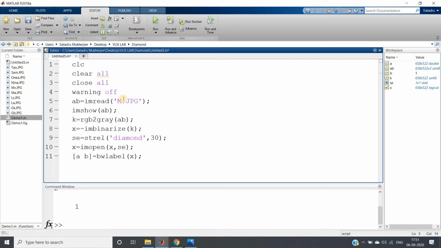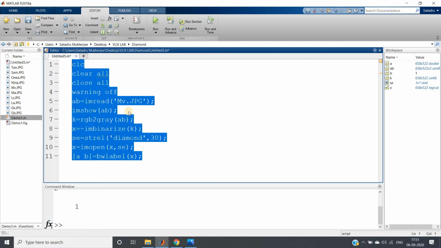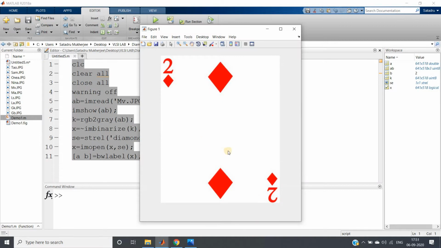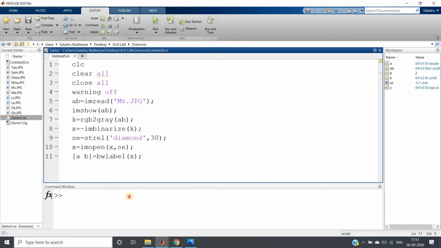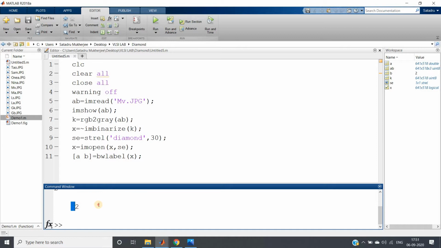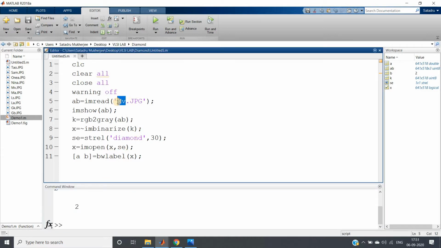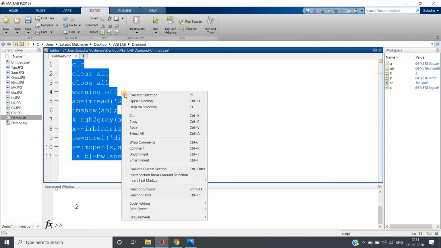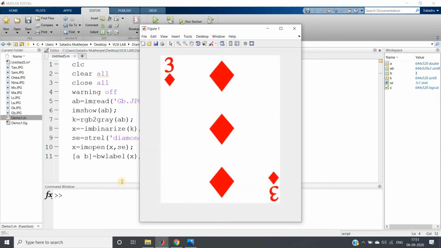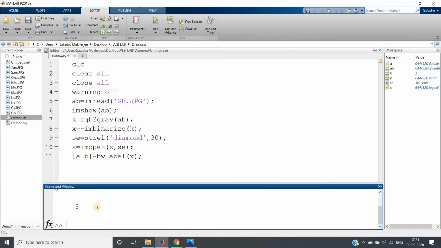I am just showing this to assure you that I am not manipulating it in some other way, like giving that if this name is given as input, you should give this output. Suppose I take this one, a 2 of diamond. Now if I write B value, I get 2. One more example, maybe this one. If I run it, you can see this is 3 of diamond. If you write B value, it gives us 3, so it is perfectly working.